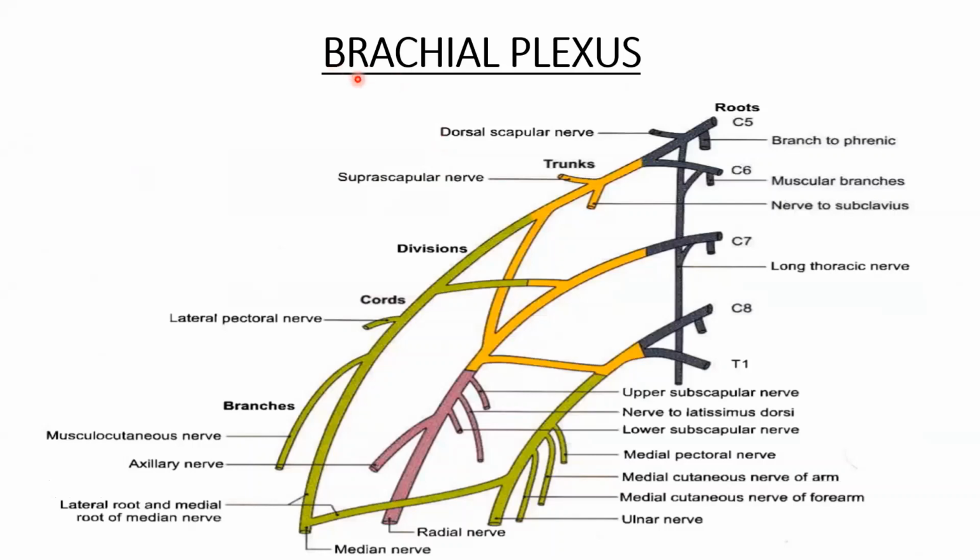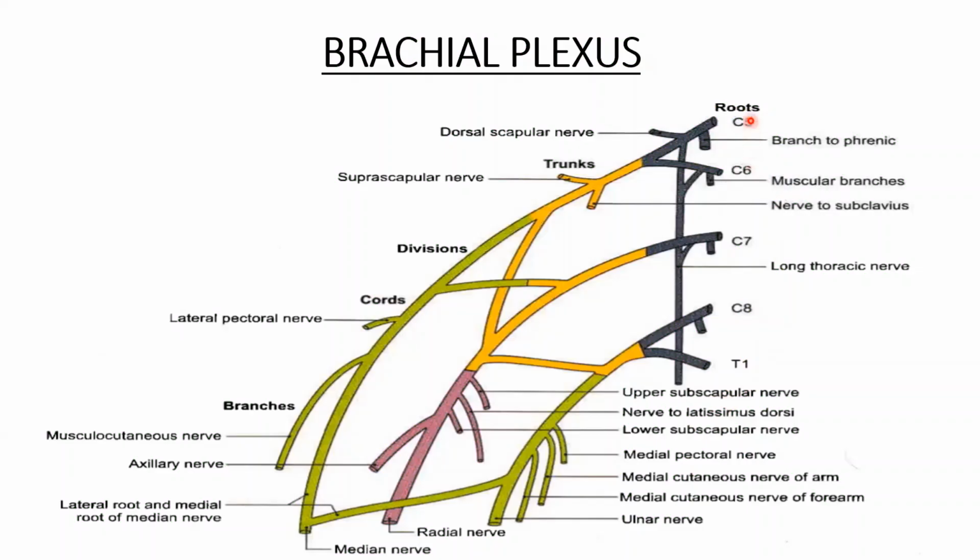Hey guys, let's learn about the brachial plexus today. So, plexus literally means a network of nerves, and brachial in anatomy relates to the upper limb. So, when I say brachial plexus, I'm referring to the network of nerves which are going to supply the upper limb. Now, there are five roots which mainly make up the brachial plexus, that is C5, C6, C7, C8, and